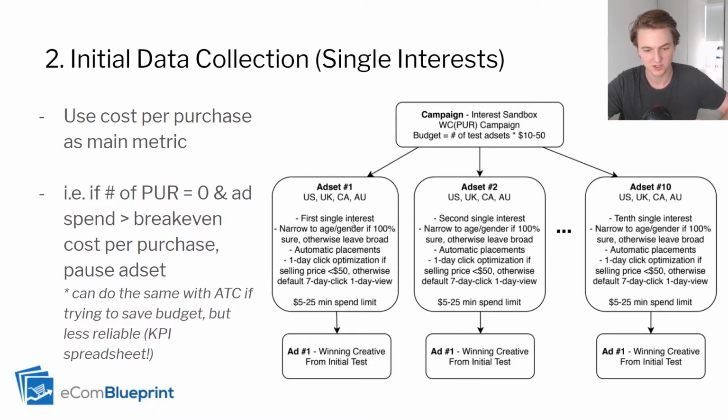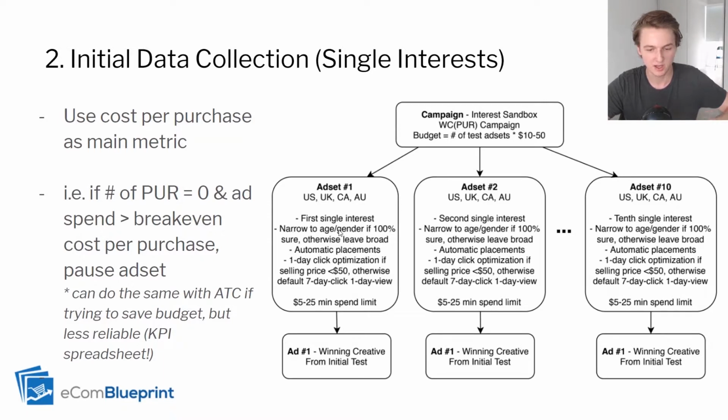The only thing that changes here is the interest. So you can set up this ad set once, duplicate it 9 times, and then just change the interest for all the other 9 ad sets. And so first, single interest here, you want to narrow down to the age and gender if you're 100% sure,